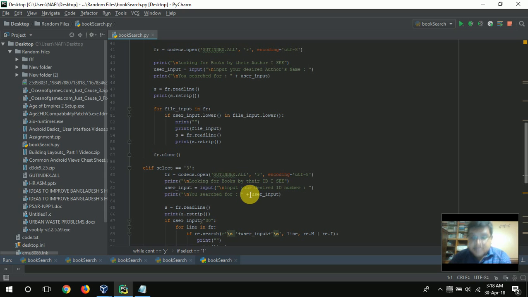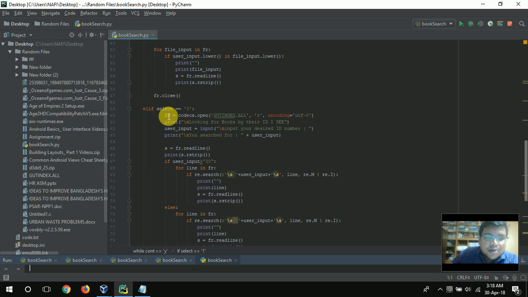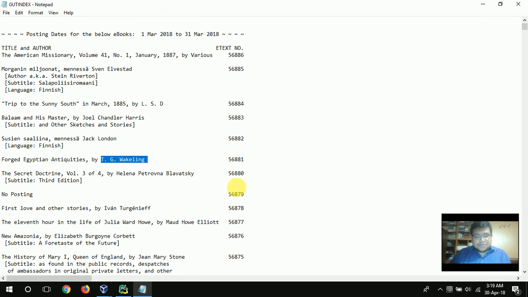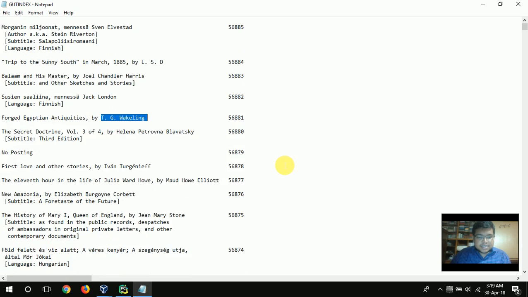This is a bit tough and a bit complex, so let's focus over here. So as usual, we opened up the file, we input the file in this fr variable, we print out the various information that will be displayed on the console, the terminal. Alright, then we print out the heading one. Now look at the file over here. We can see that in the ID number,